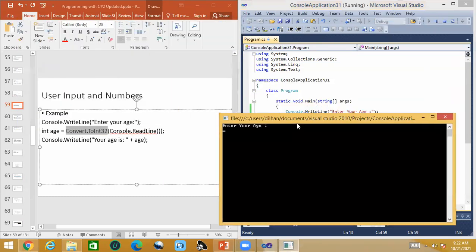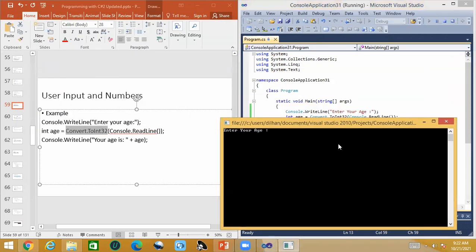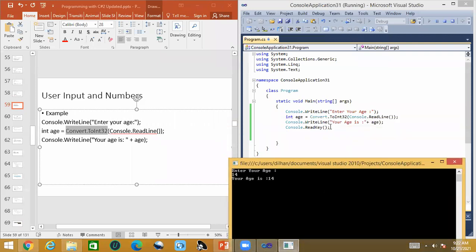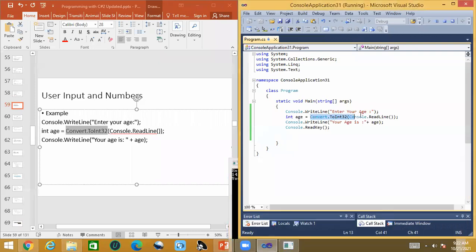Now enter your age. So I have entered a value, then I'm going to press the enter key. So your age is 14. Now it works because we have converted the string output to integer by using this Convert.ToInt32 method, and then we have assigned that value to this int age variable, and then simply we print that variable. So that is how you can use